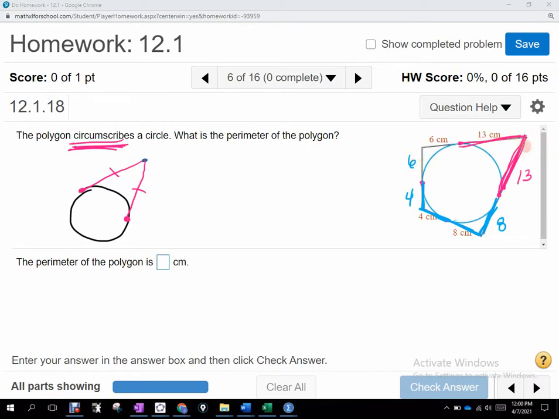If I want the perimeter, then I'm just going to go through and add those up. Double it, like a double. That's not a bad approach. Just make sure that you know that